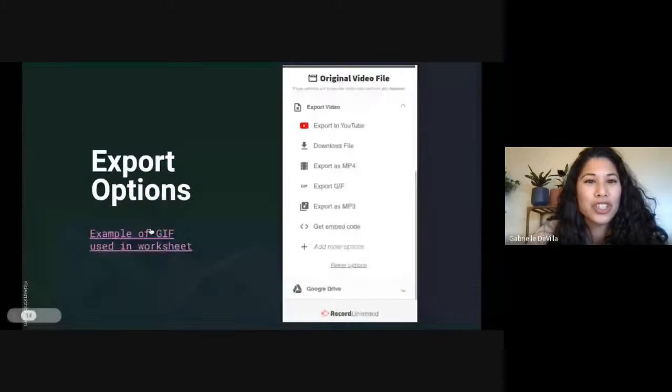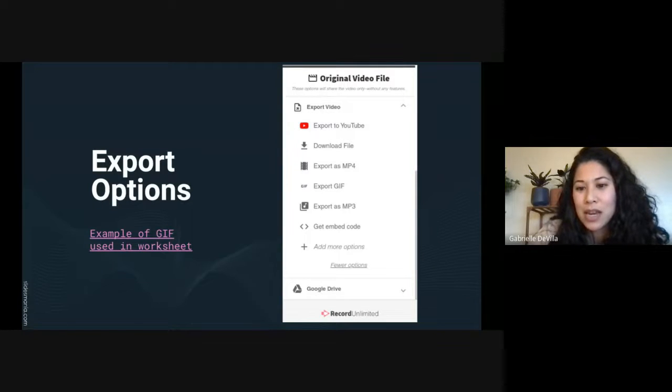All right, so again, here are the export options. I'm going to just show you an example of how you would use GIFs in a worksheet. I'll also paste the link in here. So I teach science, and we have this online interactive website called Gizmos. And a lot of students get confused with the directions. So I found that it helps,